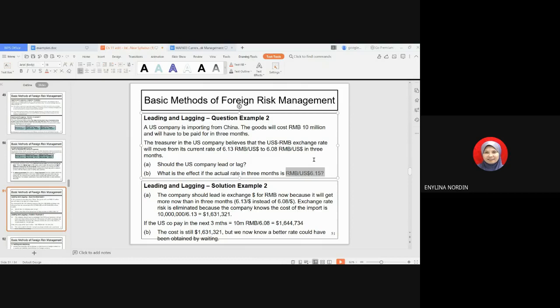But here it has already adopted the strategy. That means the US company is at a loss. So that's why we say the leading and lagging is very risky, especially when the prediction of the exchange rate is not correct. The next one, we go to